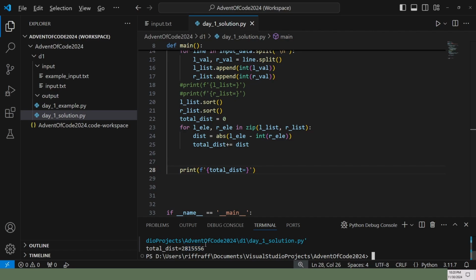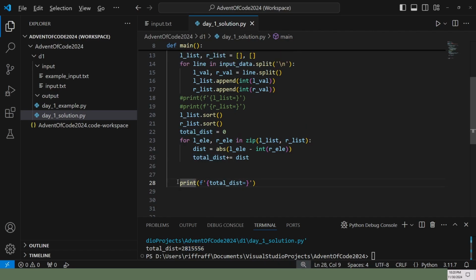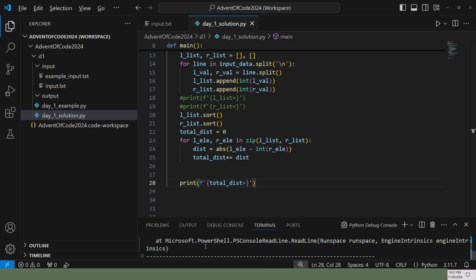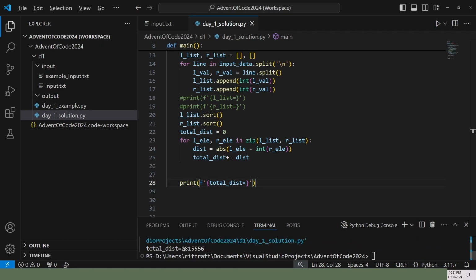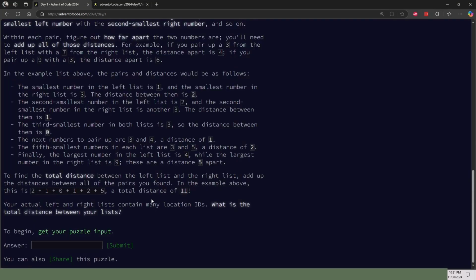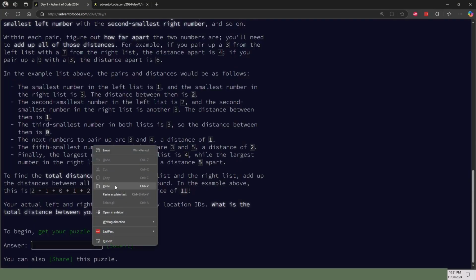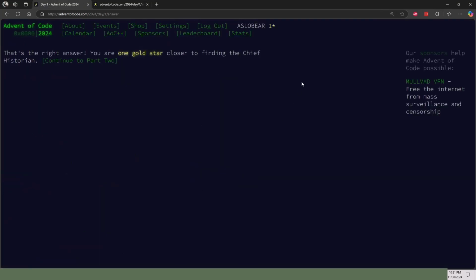So this is what we calculate using the same thing. I screwed this line up a little bit here, and you saw it. I didn't expect that. So we're gonna try this. See how it does. Ooh, nice. One gold star.